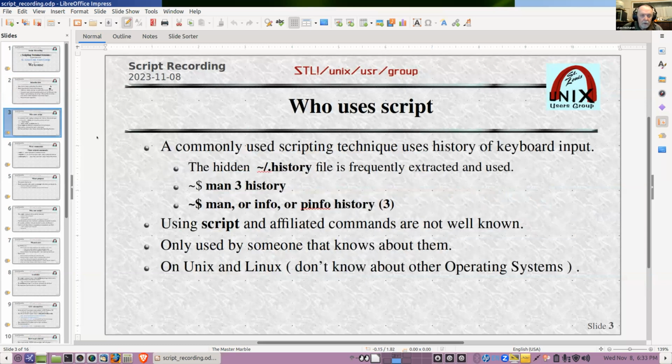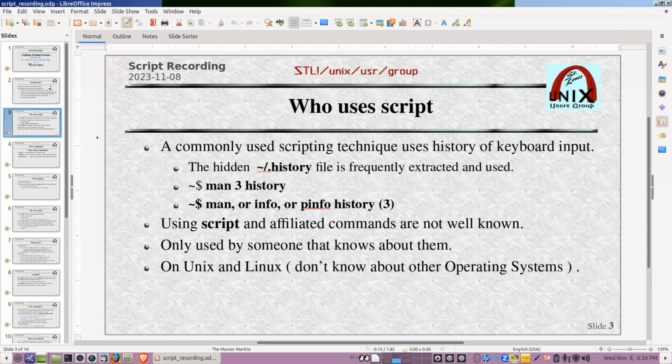So, who uses scripts? A commonly used scripting technique is to take your history in Unix or Linux and dump it out into a file, and by managing it, they can make a little sort of program that runs.